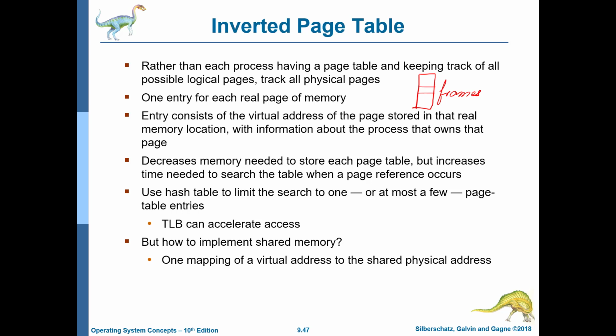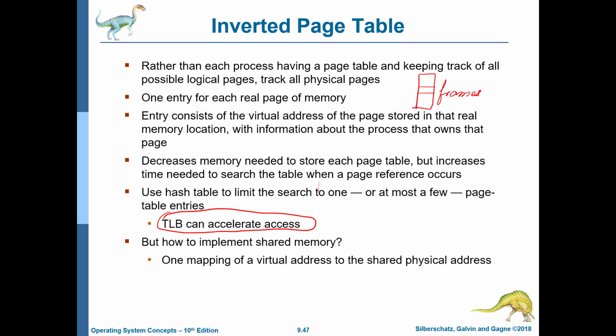So in this case, the search that is happening will still happen by the virtual address, but it will use some degree of hashing to find the frame. So this clearly decreases the memory that is needed to store each page table, but the amount of searching that you need to do to find an entry increases. Alright, but again TLBs can accelerate this process, so we are kind of insulated against the latency of this structure per se.